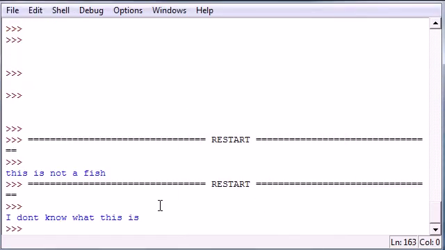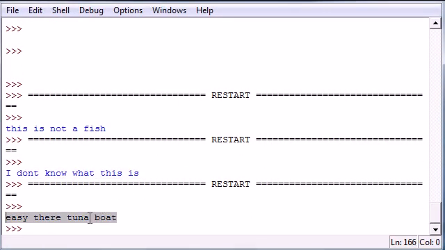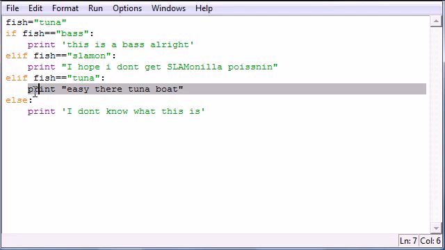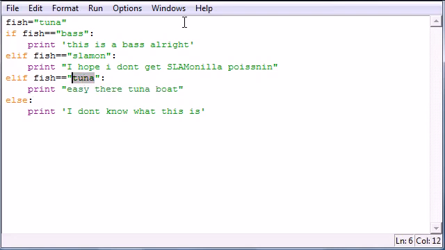Press F5 and run it. It says easy there, tuna boat. So pretty much the only condition that was true is this, so the only block of code it ran was this. But if we change this, say